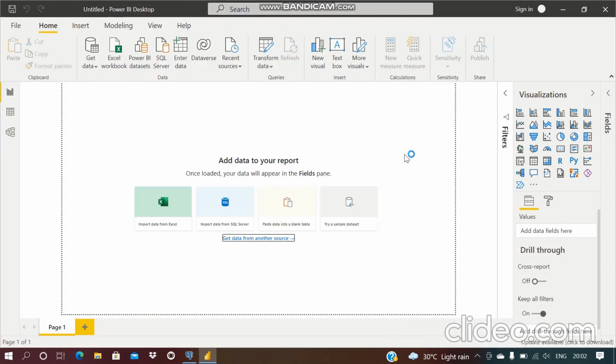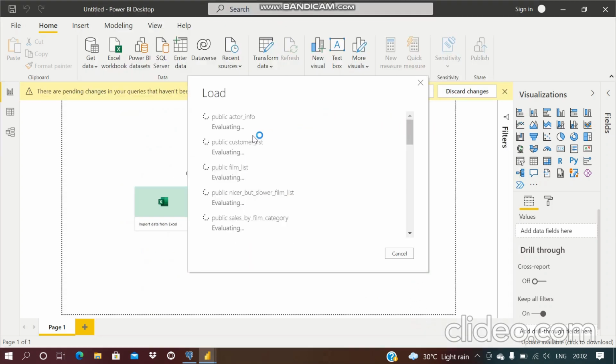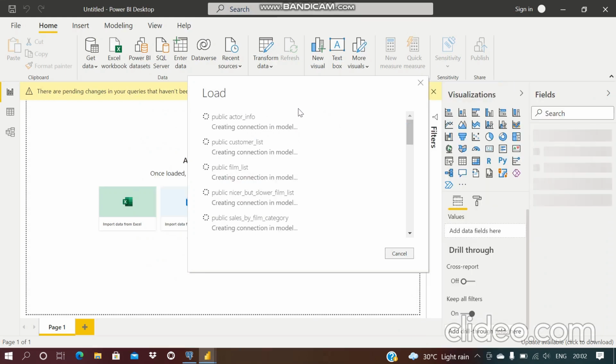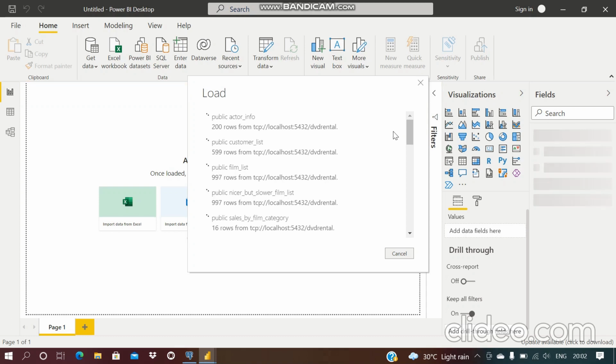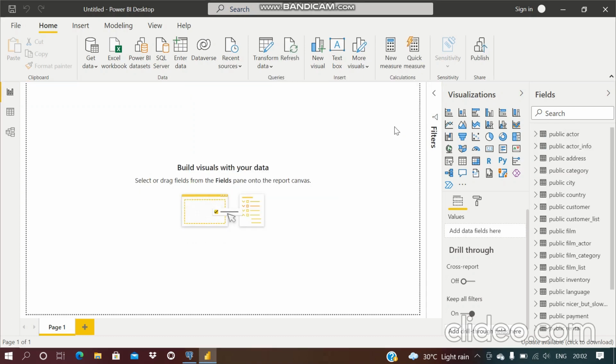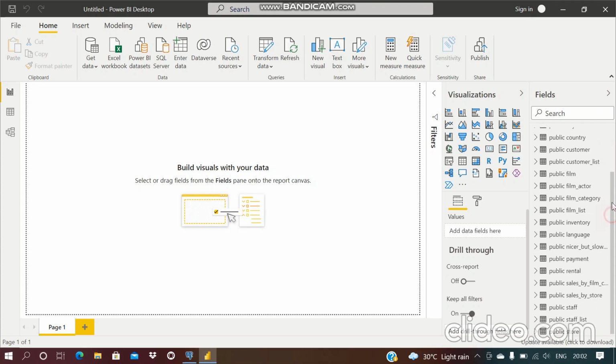Just click load. It's loading. Finally the dataset was inserted successfully.